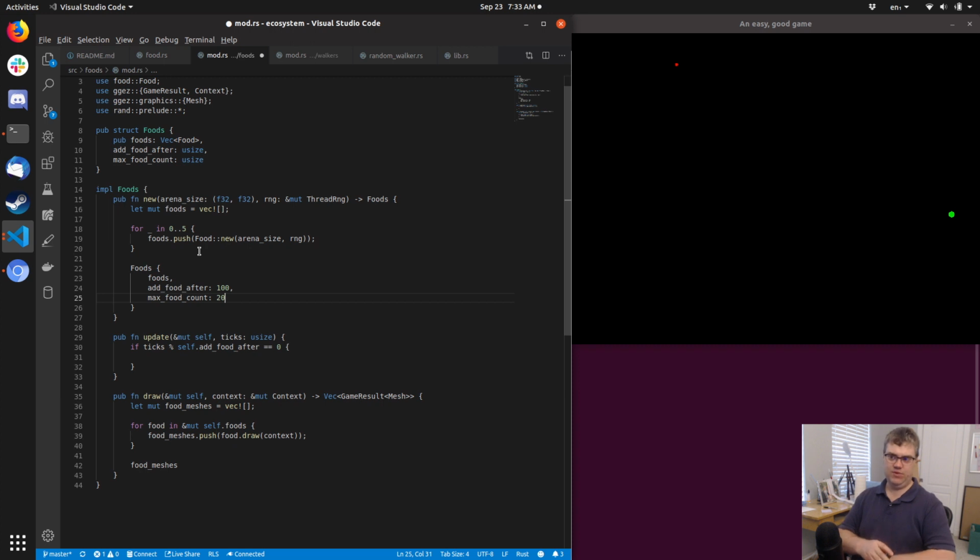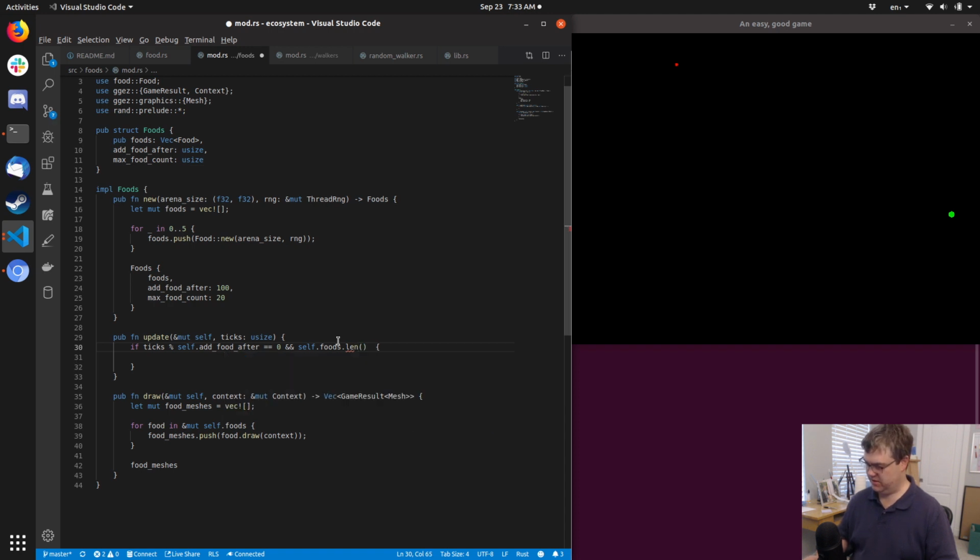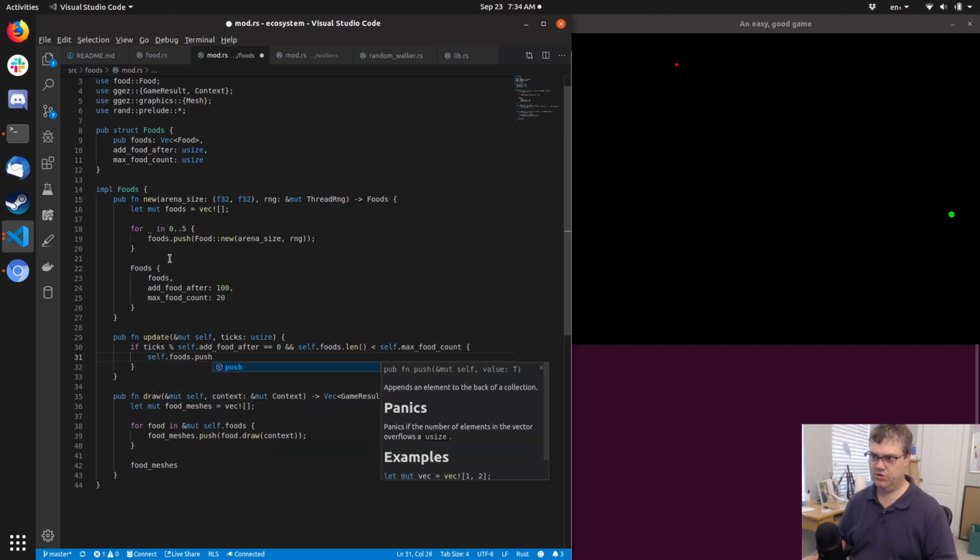And then after that, it's going to be reliant upon the eating. So if ticks mod add food after, and self dot foods dot length is less than self dot max food count, then we're just going to push a new food. So self dot foods dot push,